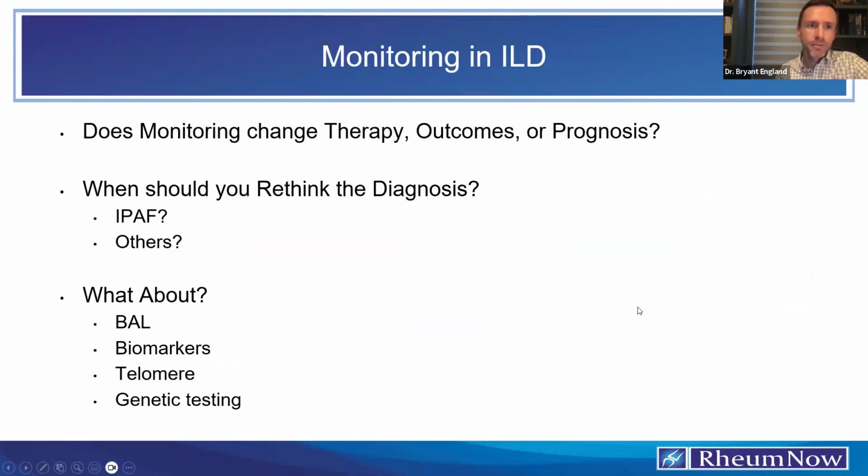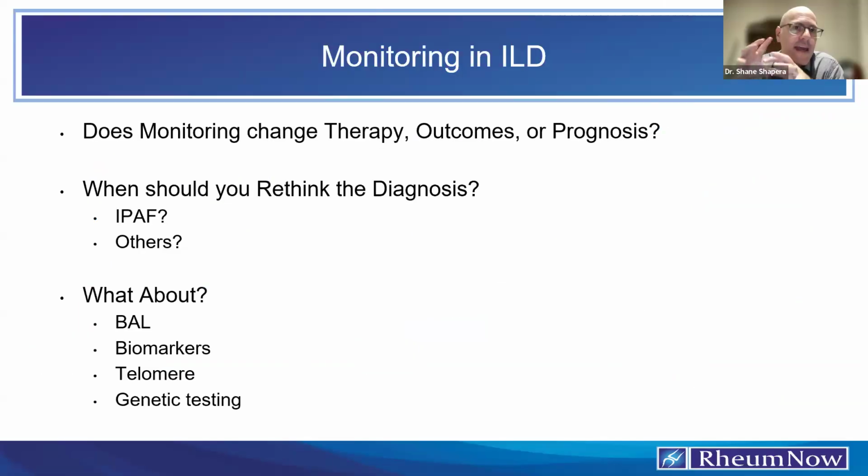Oh yeah, by the way, I agree with that comment completely. And I think that an RA patient who has a UIP pattern and quiescent joints is very different from a scleroderma patient, where we've got really robust data for immunosuppressive therapy to help with the pulmonary and extrapulmonary disease.